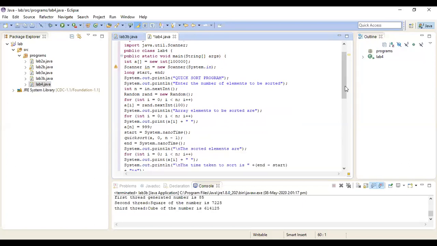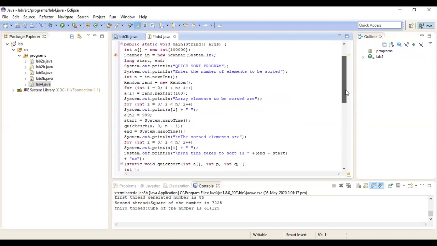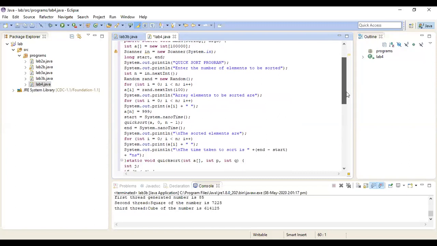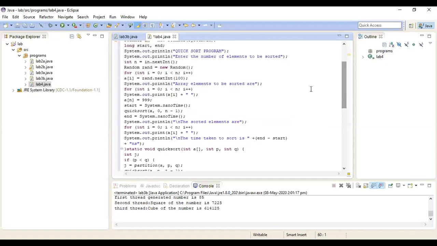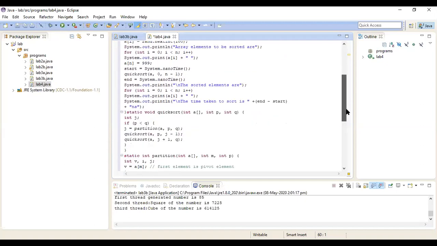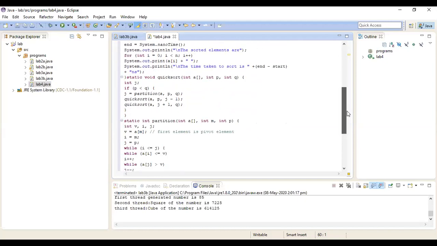With the start time and end time, I can get the output as the time taken for doing the operations. Now I'm printing the sorted elements here. This is the quick sort function where I'm calling the partition function, and then quick sorting the partitioned problem recursively.